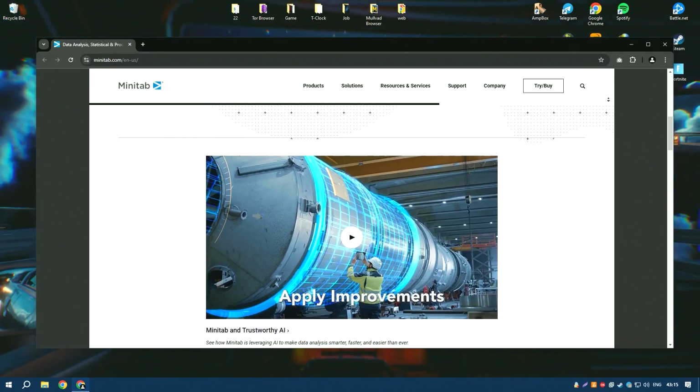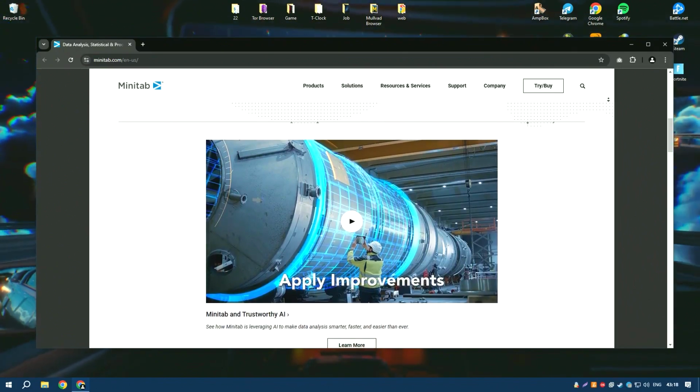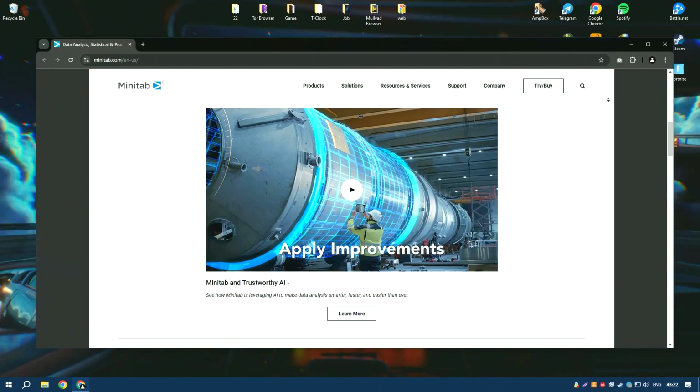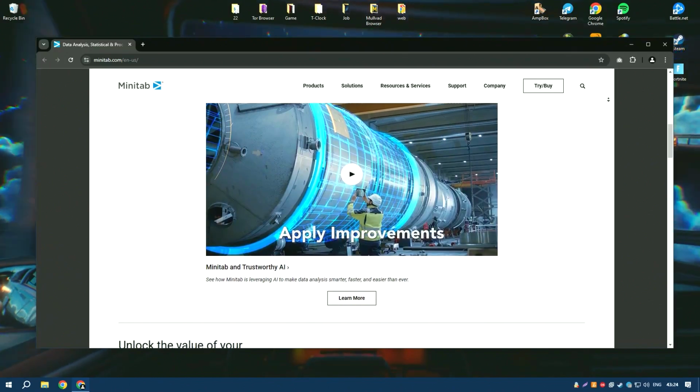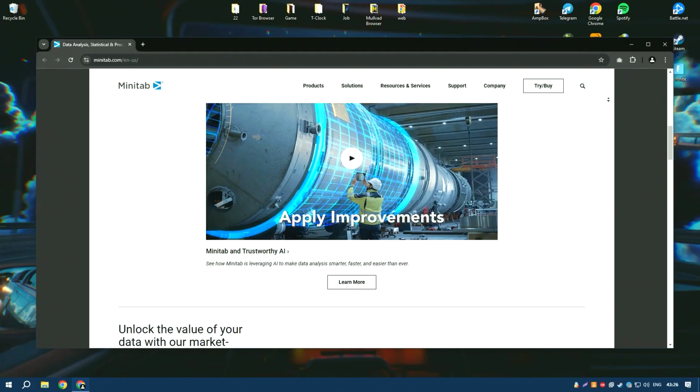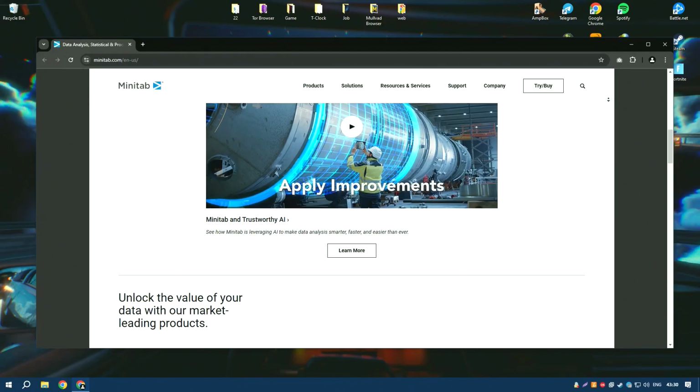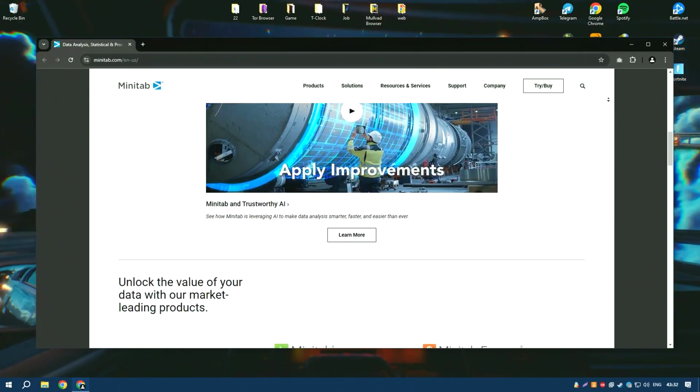The Assistant feature guides users through complex analyses step by step, ensuring accurate results even for those less familiar with statistical methods. This feature is particularly beneficial for professionals in manufacturing, healthcare, and education who rely on statistical analysis for